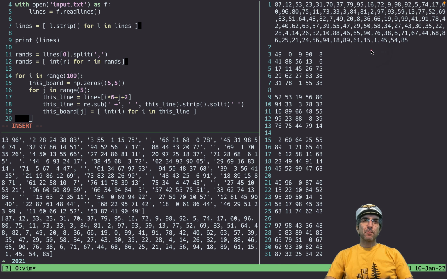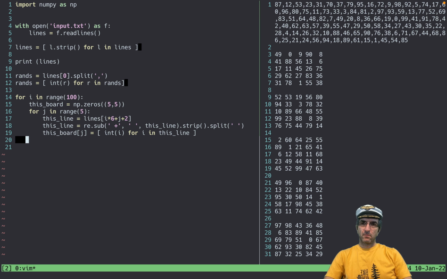I can separate myself completely from this logic or how this is working, where I should store them, and just define my classes. So I have to import re here because I have used it here.